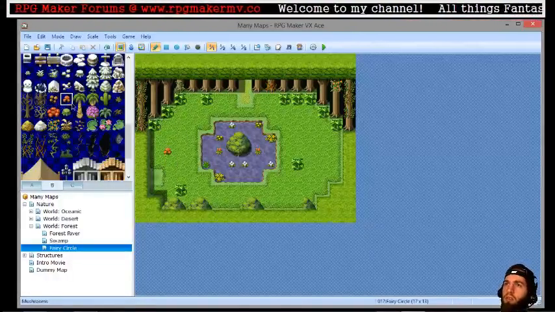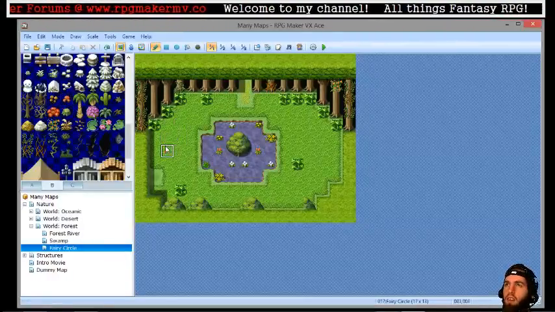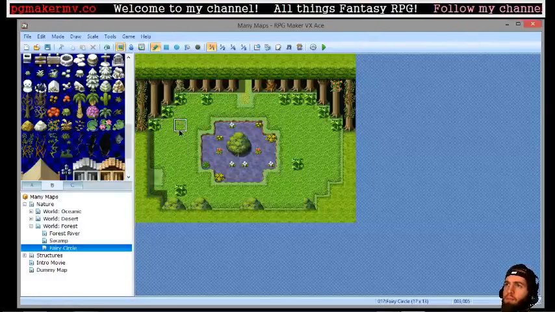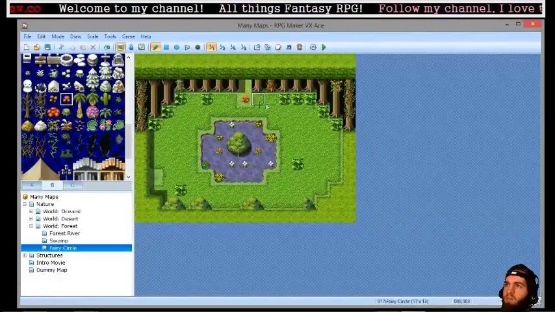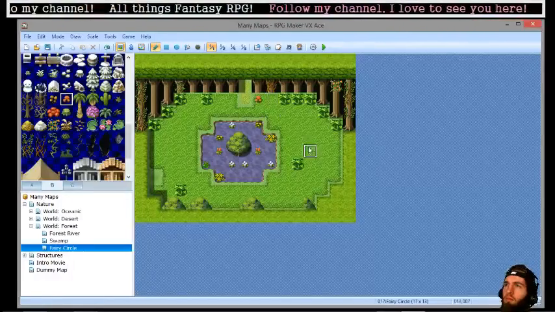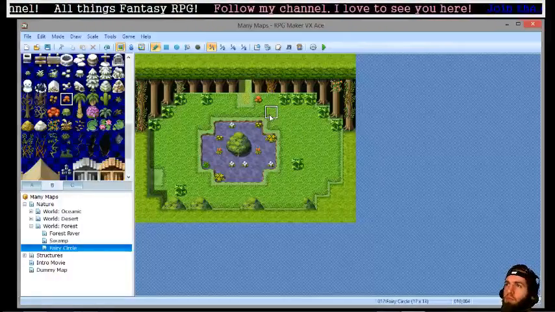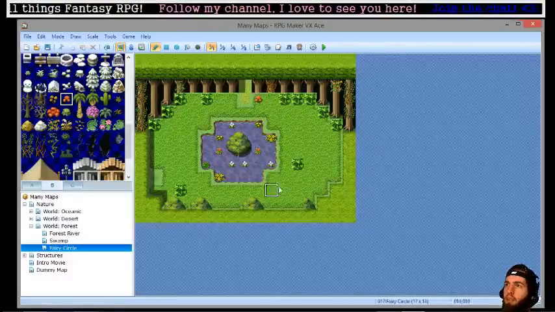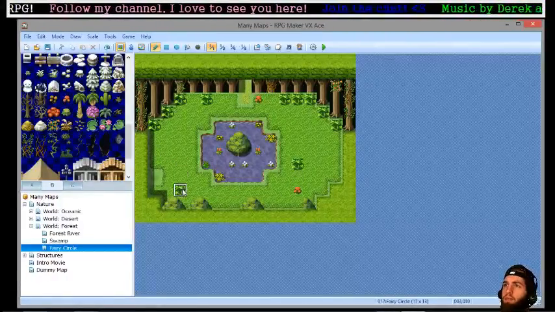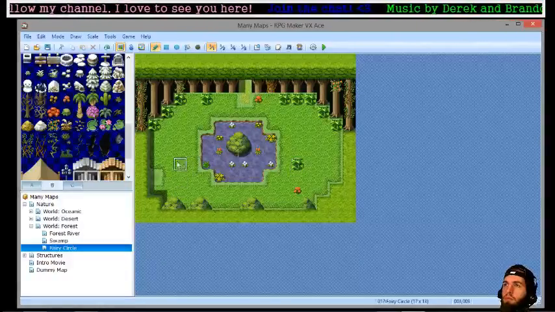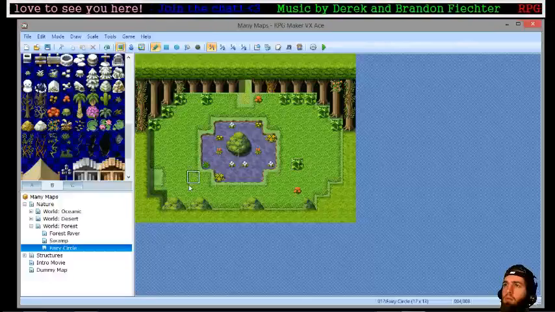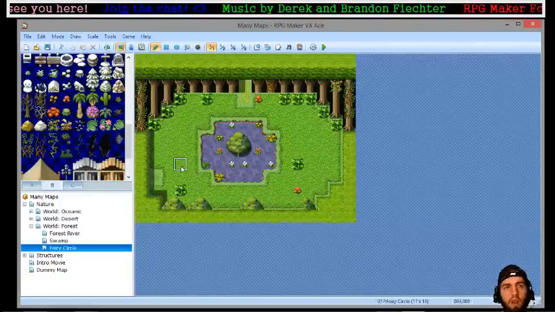We can add some mushrooms. Mushrooms are kind of neutral. They're not necessarily good or bad. Let's add a mushroom. Let's add a few mushrooms. Okay. Alright, so